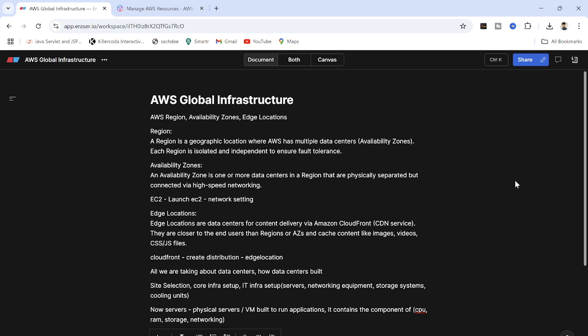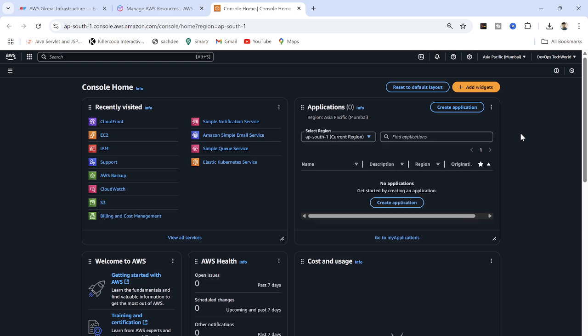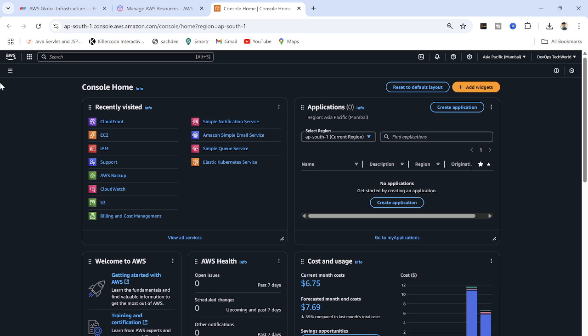So I'll get into the AWS management console. Let me log into the AWS management console. Okay, so right now I am in my AWS management console. I hope I have already explained all the features, how to access this management console, what the services are, how we are going to navigate, and what each field is used for. In case you are new to this, you can go ahead and watch those previous videos and come back to this video to understand more. So now let's